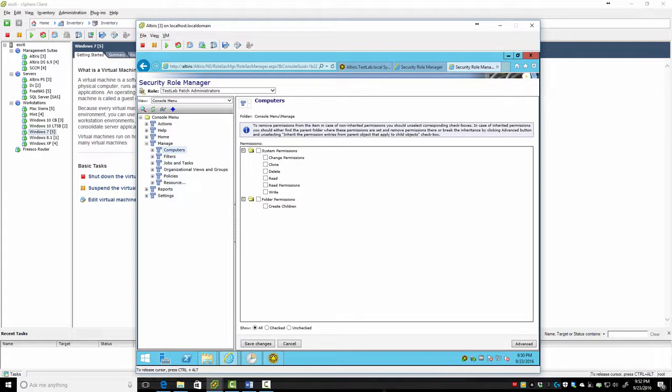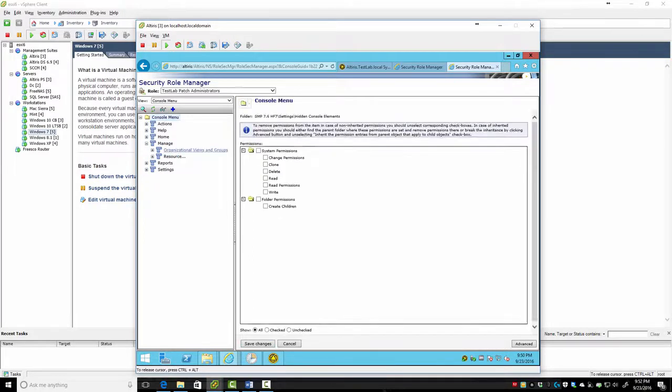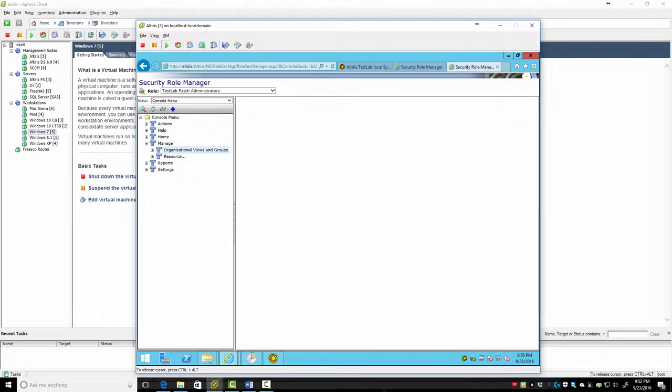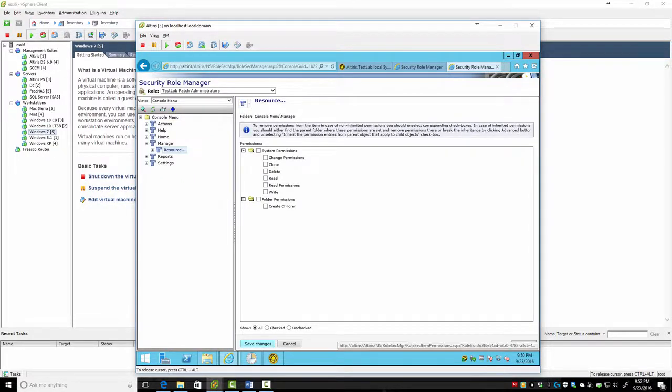Computers, jobs, tasks, filters. Policies. Organizational views. Manage resource. Reports. And we'll let them have reports. Settings. We don't want them to have. All settings. So we'll take that off. Now if we go and save it,